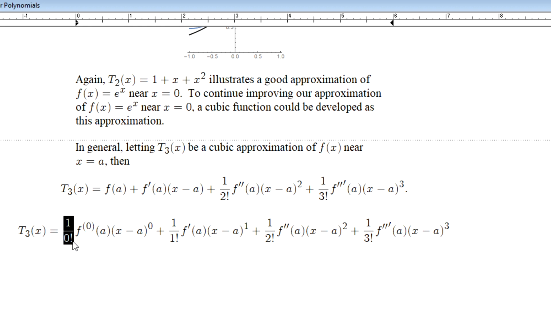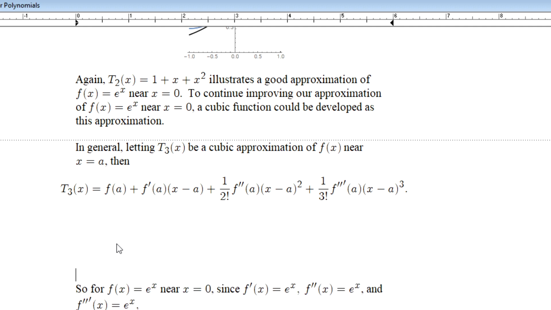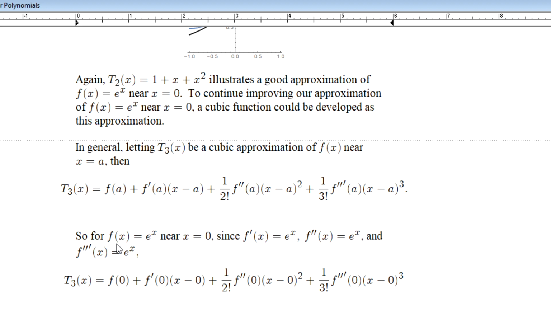So 1 divided by 1 again becomes 1. We have a 1 out in front. F's 0 derivative at a is just f times this quantity raised to the 0 power. Well, any quantity raised to the 0 power is also just the value of 1. So the very first term is just f at 1. Or, sorry, f of a, right? F at a, right? So there is a pattern here, an underlying pattern that we are developing and following here, folks. All right? Now, if I bring our specific example into play,